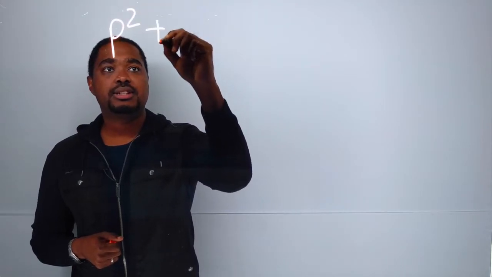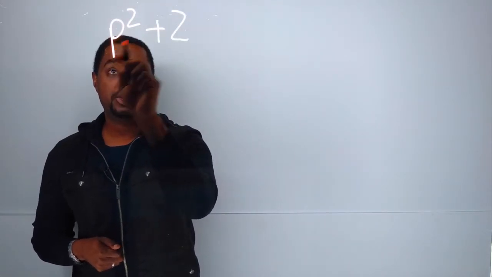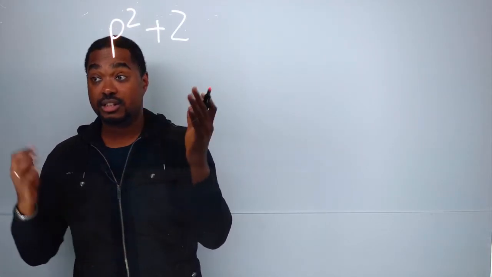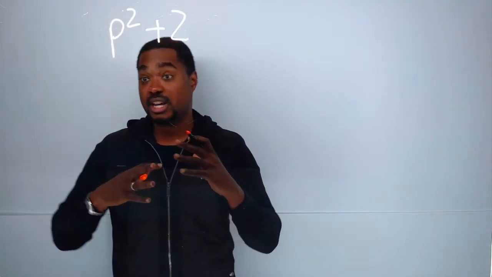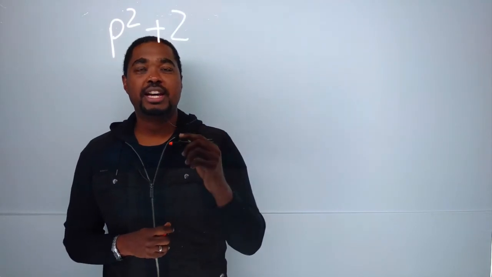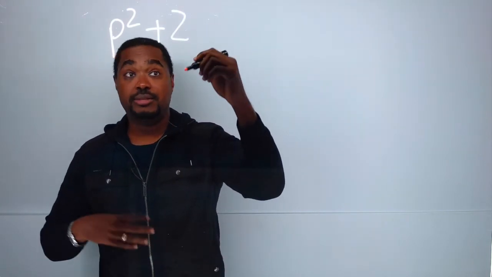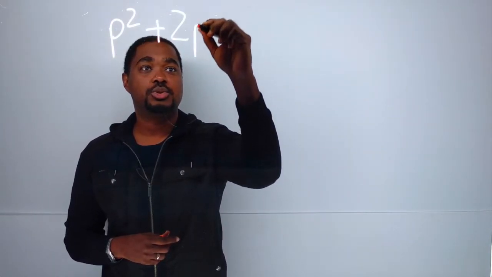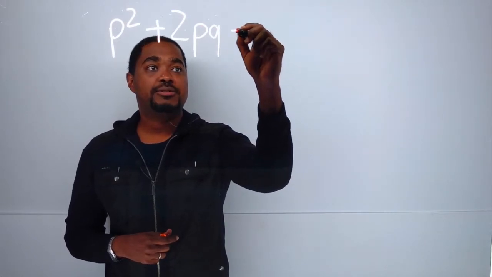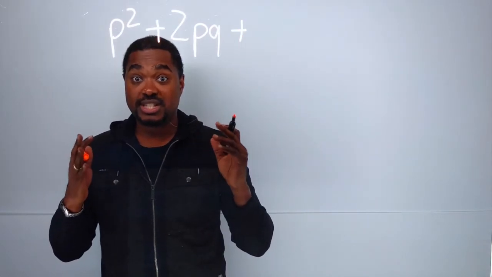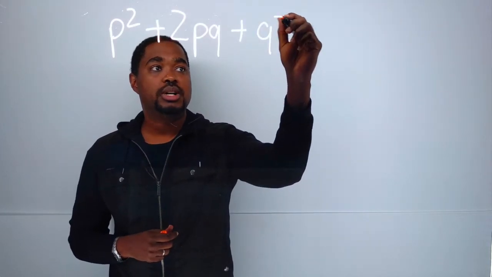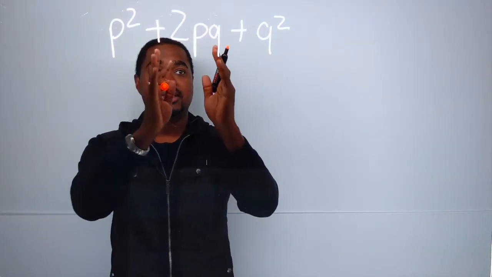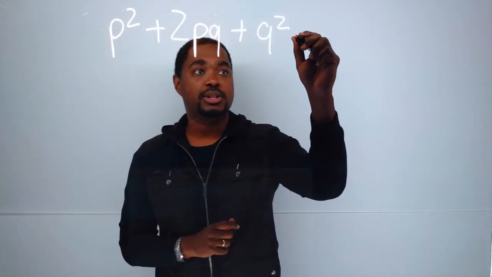Well, the frequency for the dominant allele will be p, so p squared is the frequency of the homozygous dominant genotype. It's the probability of two dominant alleles coming together randomly in a population. For the heterozygotes, the frequency of heterozygous individuals, in other words, individuals with a dominant allele and a recessive allele, will be 2pq. And the frequency of individuals with two copies of the recessive allele is going to be q squared. So we have the frequency of the three different genotypes of individuals in the population, and that should add up